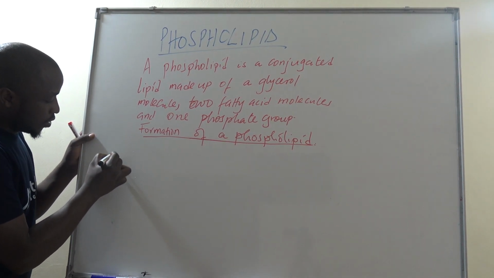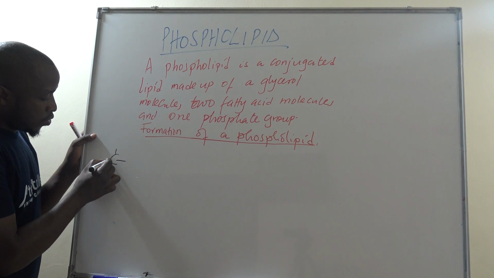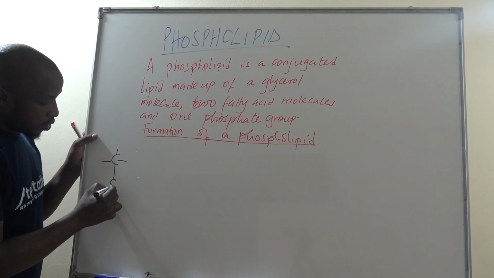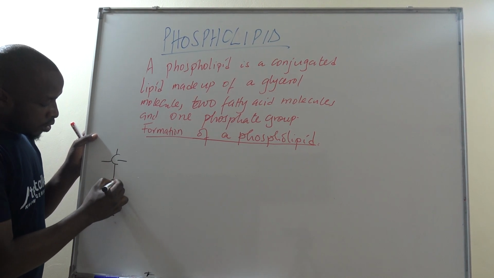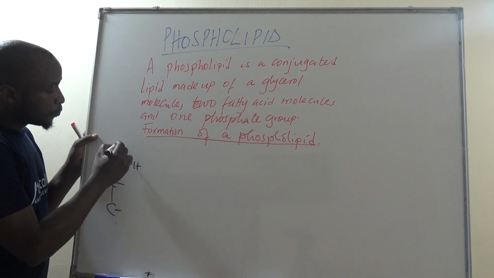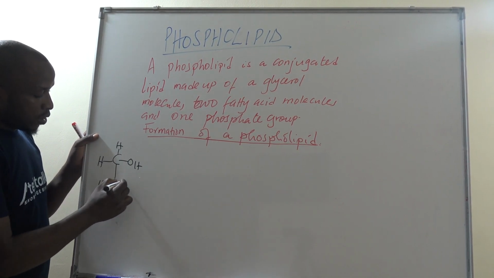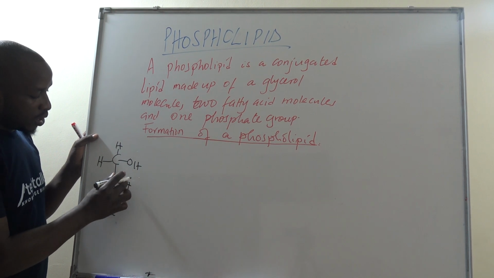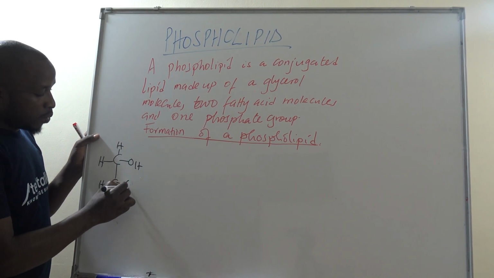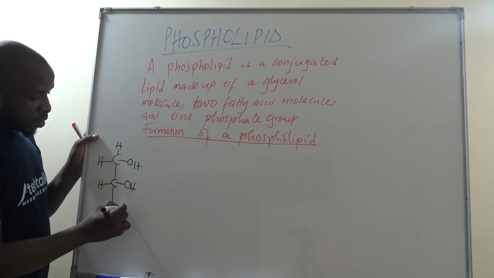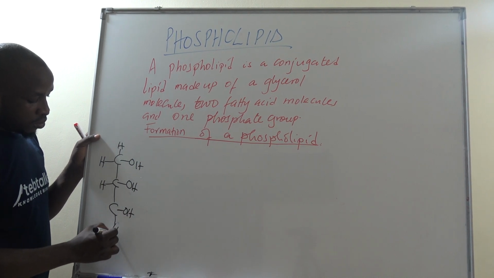This is our glycerol molecule we have been dealing with. They resemble lipids, but this one is a conjugated lipid. So, a glycerol molecule here